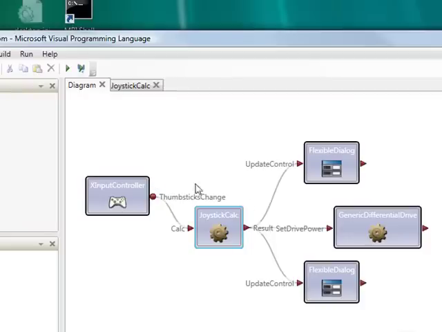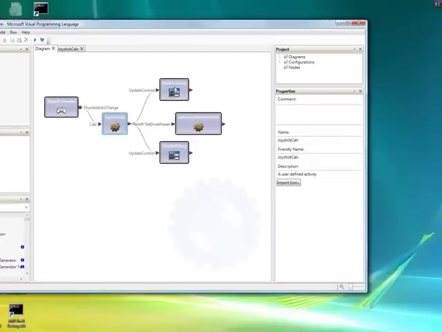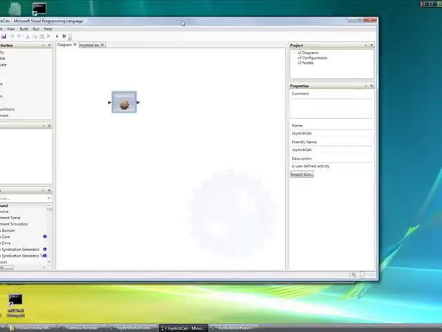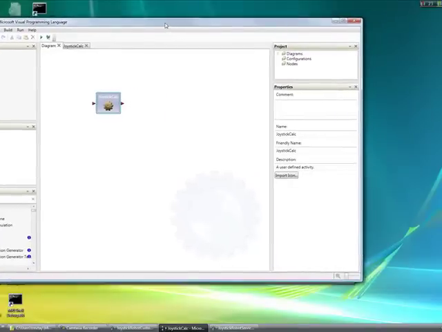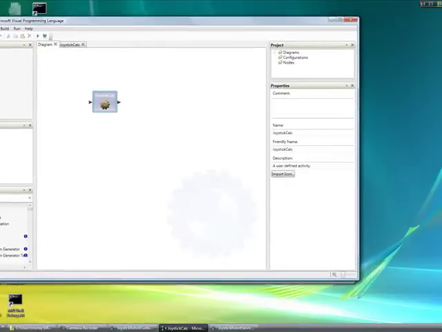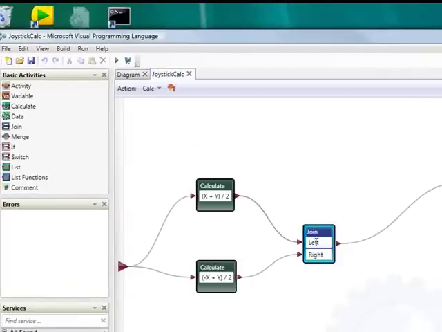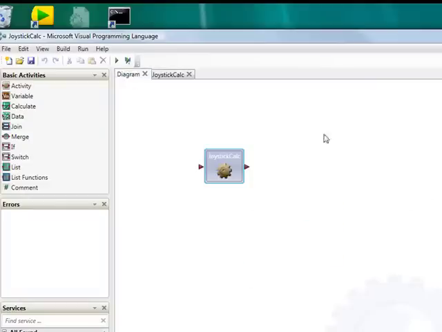We can take this even one step further. Having created that custom activity and verified that it actually works, we can go and create a diagram that contains nothing but a custom activity. So here I've created a custom activity, called it joystick calc, which is the calculations on the joystick values. And in there you see it's got exactly the same code, but the main diagram here has nothing else in